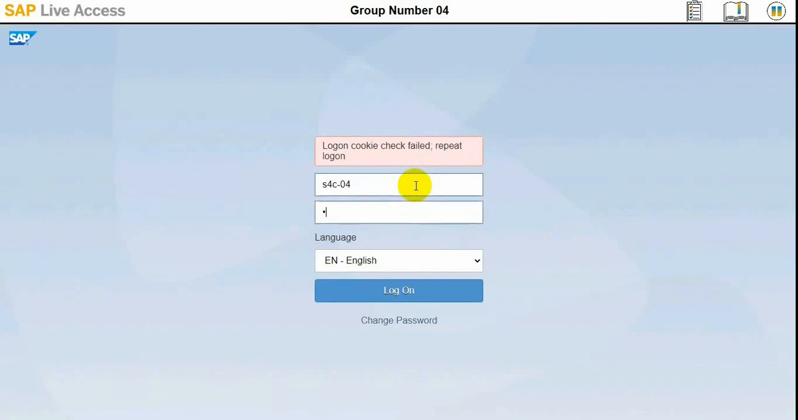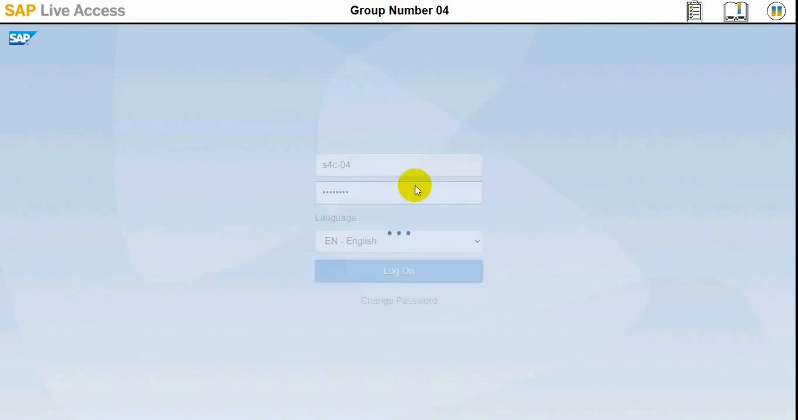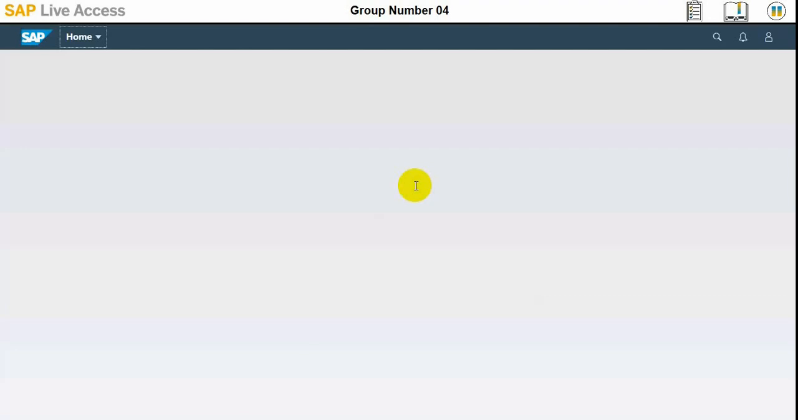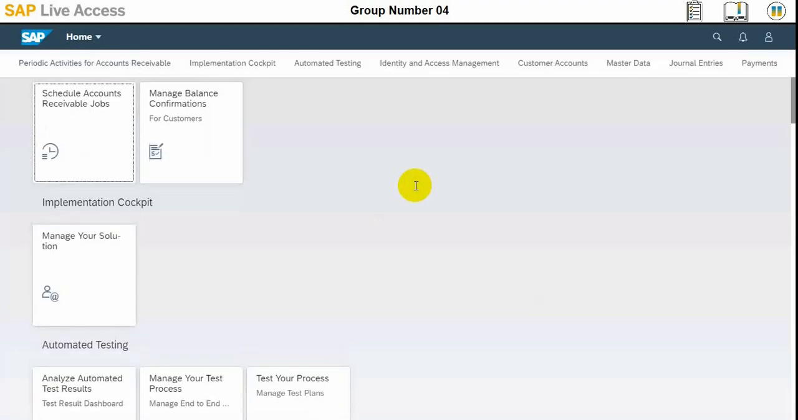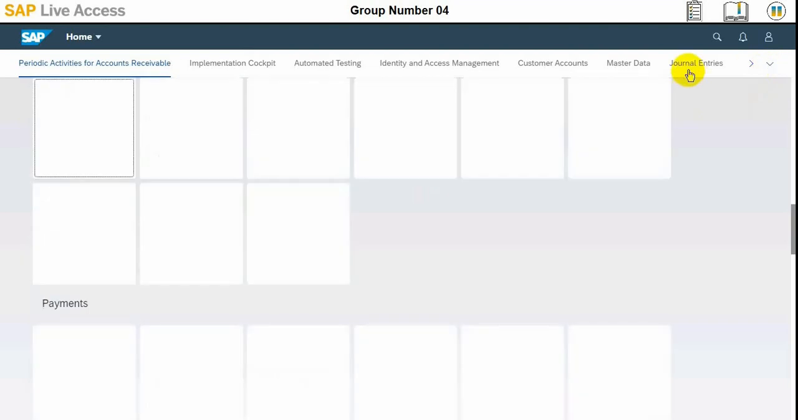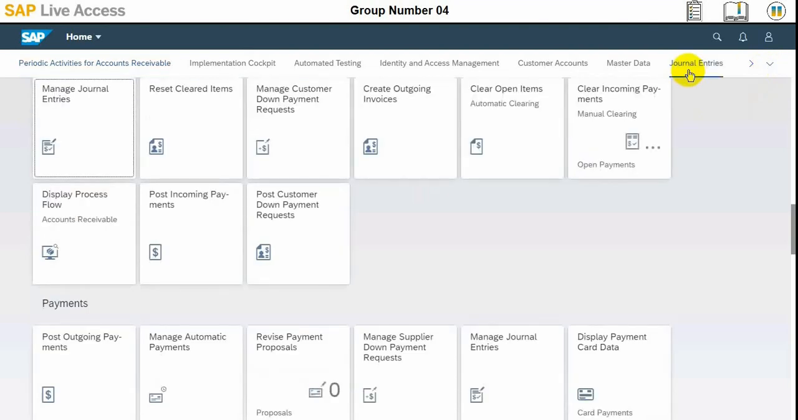The related application here, or app, is the Create Outgoing Invoices app. It is available in the Journal Entries group in the menu. So once we are logged in, we will locate the group of Journal Entries. So here it is, the Journal Entries group. In the Journal Entries group, we will select the Create Outgoing Invoices app. It is there,